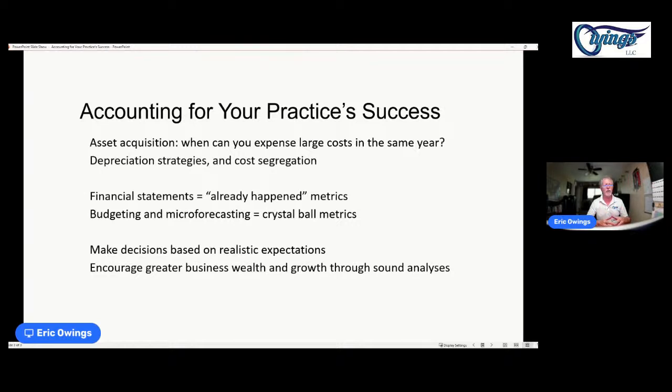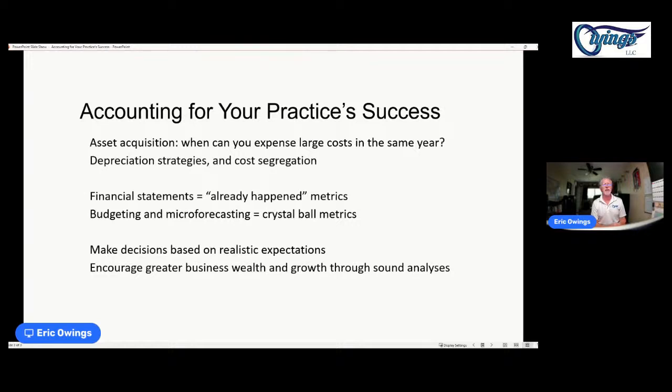And also using things such as bonus depreciation, or perhaps even something called Section 179. If you qualify, you might be able to write off all of an investment in 1 year, but you may not always want to. There are advantages also to carrying over an expense into future years. So sitting down and looking at all that is critically important. And of course, having a good business advisory level accounting person on your side can certainly help with that.